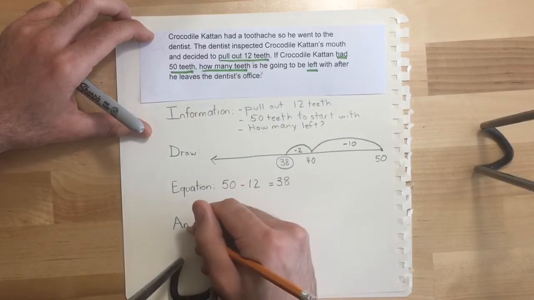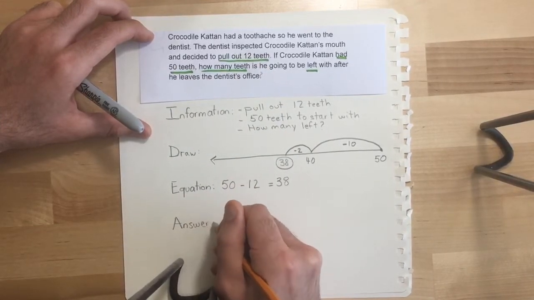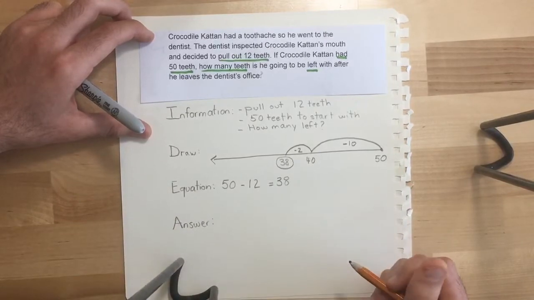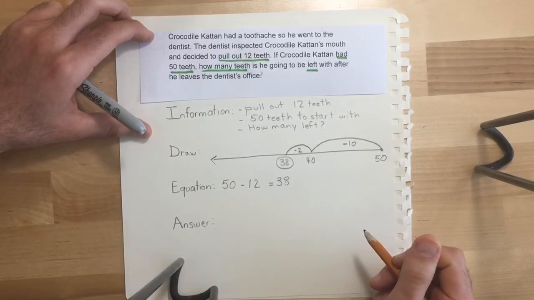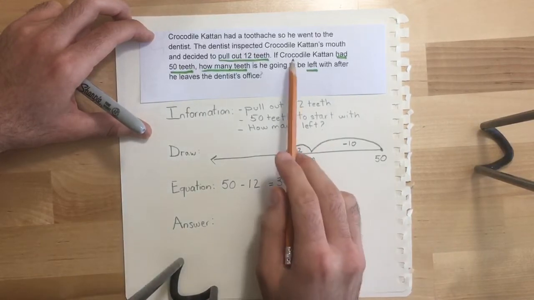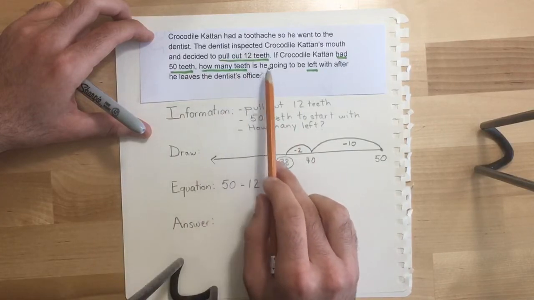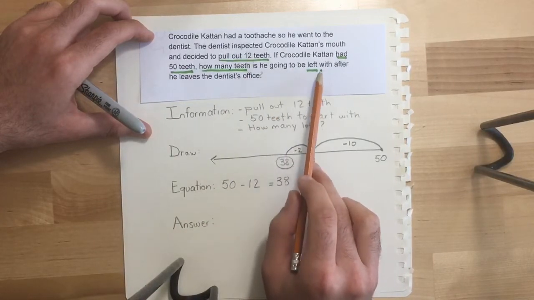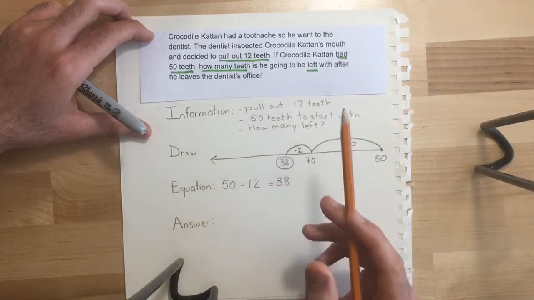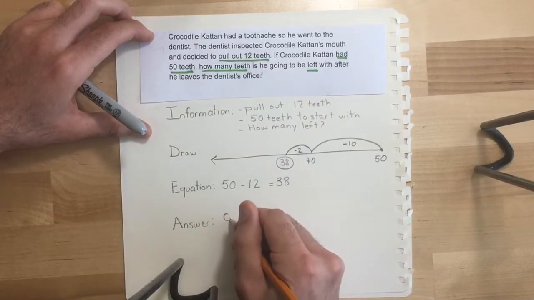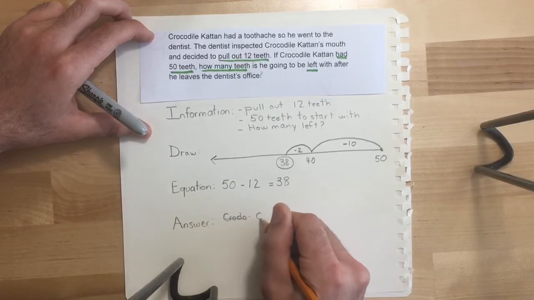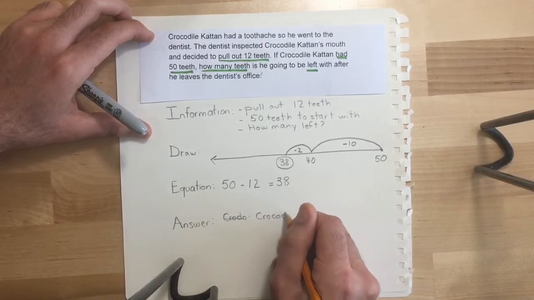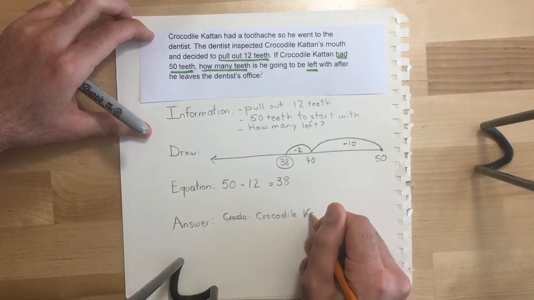And now for your answer, you're not just going to tell me 12 teeth. You have to write a full, say it, full sentence. There you go. So my full sentence. So the question is asking, how many teeth is Crocodile Catan going to be left with after he leaves the dentist office? So I'm going to write Crocodile Catan, it's not Croto, it's Crocodile Catan